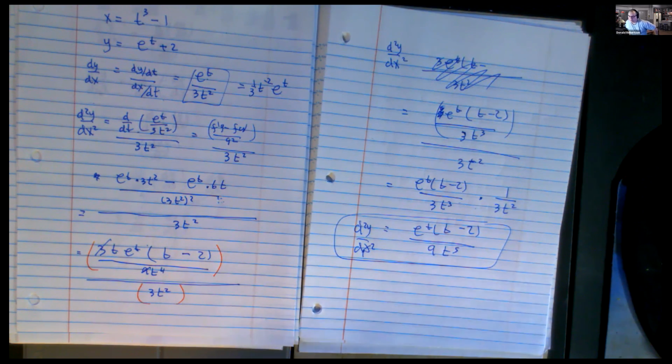Thankfully, I don't think you get many second derivatives to do, but you want to be aware that they're possible. First derivatives tell me pretty much everything I want to know about a parametric curve. Second derivatives really don't tell you that much. If you think back to Calc 1, they tell you if it's concave up and concave down. Not much else. So